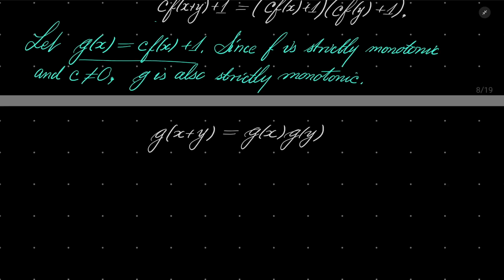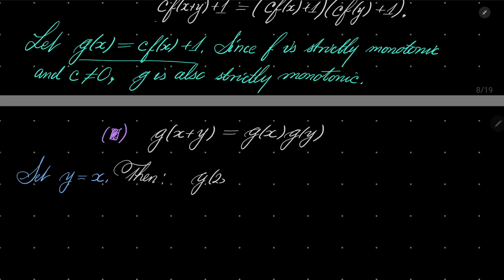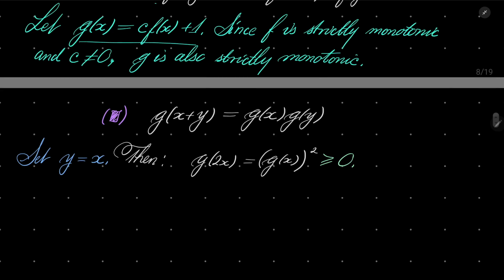Well, let's call this condition square. So set, for example, y to be equal to x, then g of 2 times x is g of x squared, which is obviously greater than or equal to 0. But to take natural log, we must eliminate the possibility of being 0. And to do that, notice